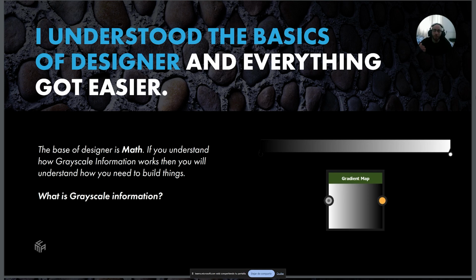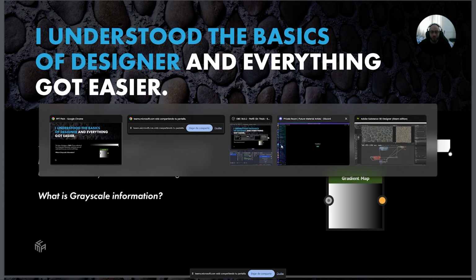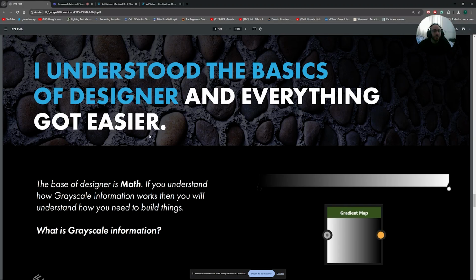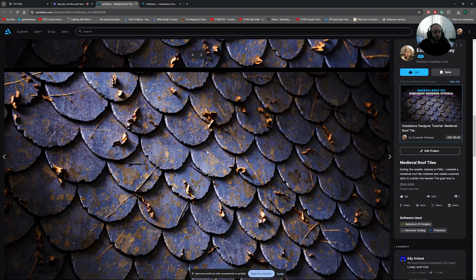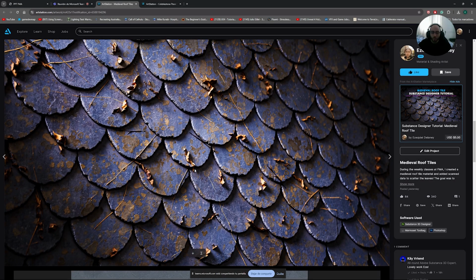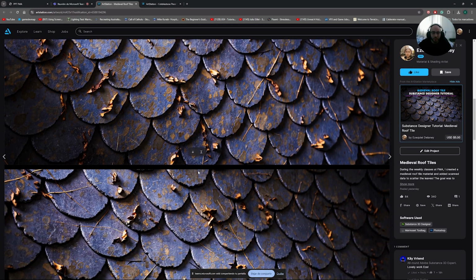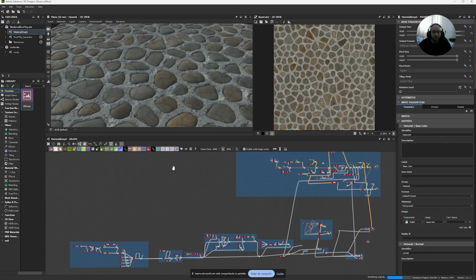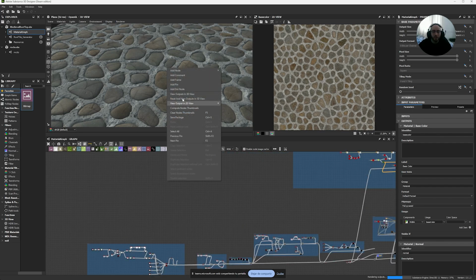Yes, and we are gonna go back and forth between Substance Designer and the presentation. So one of the first things I learned was the basics of Substance Designer, and that makes everything easier for us. So I'm gonna switch to Substance Designer here. There's some of the materials, and I'm gonna go to this one. So just so you see, this is one of the latest materials I uploaded. This is a medieval roof tile, and this is a material that many people have a little bit of trouble making. Maybe some basics are kind of easy, but there are some other parts that we need to take into consideration.